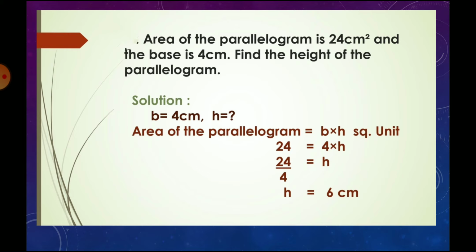Okay, so here on the left hand side we should write the value of the area. After that we should put the value of b and h. We don't know the value of h, we know only the value of 4. So h and 4, both of them are in a multiplication term. So now we are going to find out the value of h. So the 4 comes to the opposite side to division. Okay, so who is the friend of multiplication? That is division. Okay, so 1 4 is 4, 6 4s are 24. So h equal to 6 centimeter.